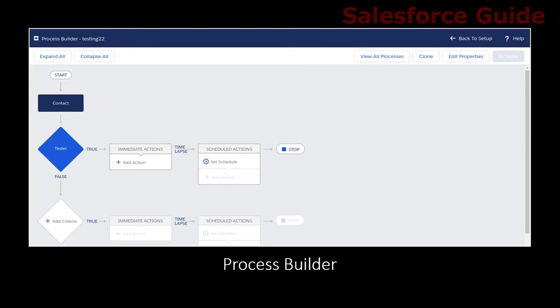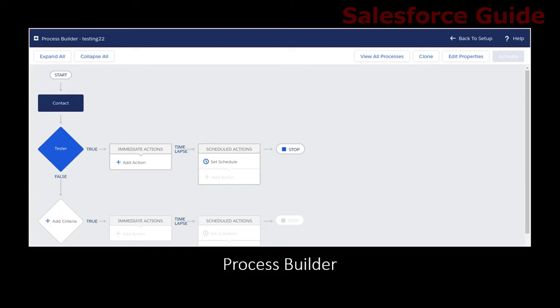Now this is a small UI which shows you how Process Builder works. Here, if you can see, this is the name of the Process Builder, which is as of now Condition Testing 22. The start node shows where the Process Builder starts. The object selection is always shown in a square bracket format with rounded edges, where the name shown is the object on which the Process Builder is working. Next, the diamond is the condition, that means an evaluation criteria. If that matches, then the related actions will execute.